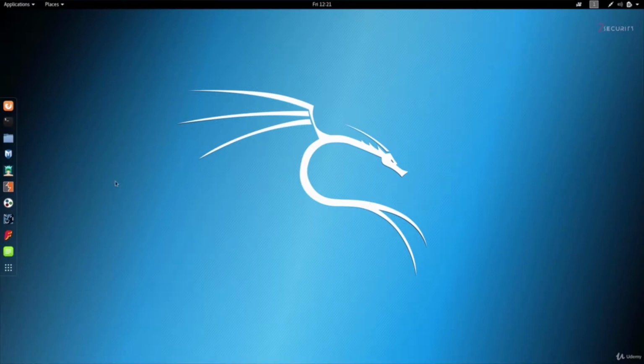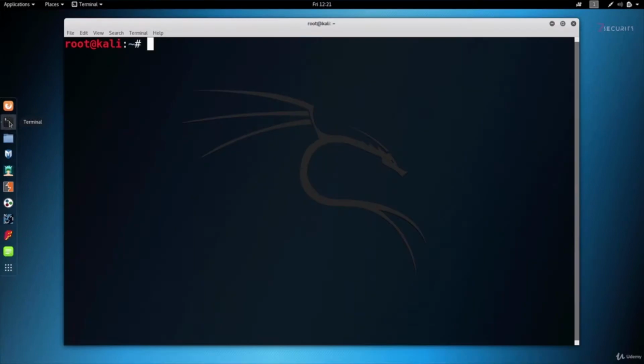So you can access the terminal through this application right here. If we click on that, it will open the terminal window for us. And as you can see, all it is, is a black screen where you can type commands. Now, the Linux terminal is actually very, very powerful because it can be used to do anything that you can